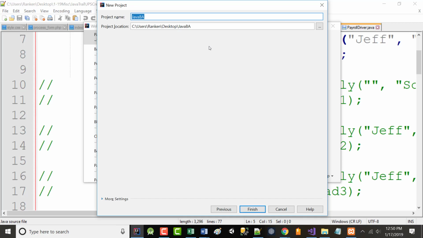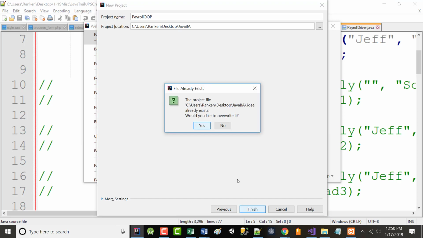Okay, we're going to create this. For lack of better words, let's call it Payroll OOP, because we're using true object-oriented programming in here. Other than that, there's no significance to that name. Again, save it where you normally save things.